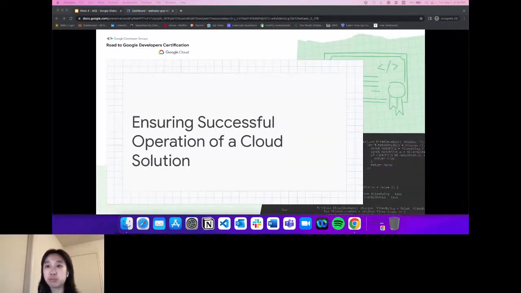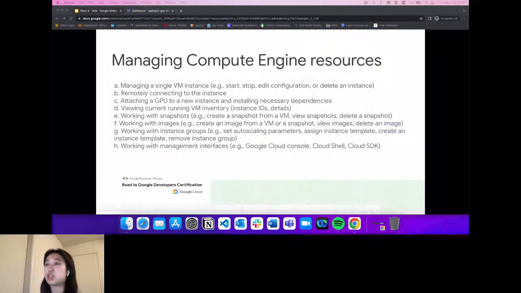So diving into the material straight away, we're going to start by looking at managing Compute Engine resources. So starting off with Compute Engine, we're going to take a look at a few action items that we could take, how to back up your instances, and how we can leverage various platforms to do just that. So over here, Google Cloud Console, Cloud Shell, Cloud SDK, and so on. But before we dive into a hands-on example, we're going to go ahead and look at